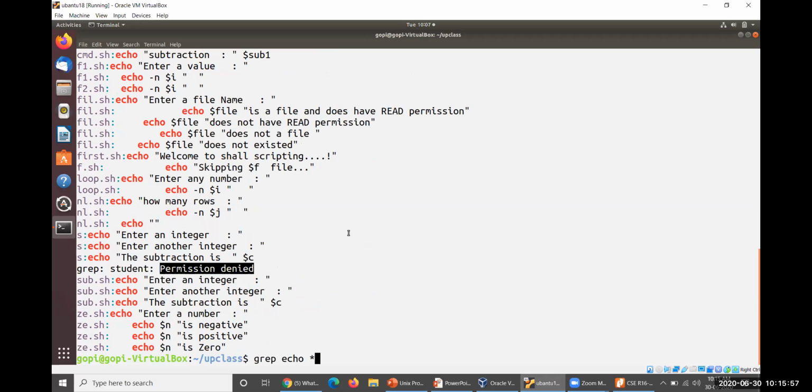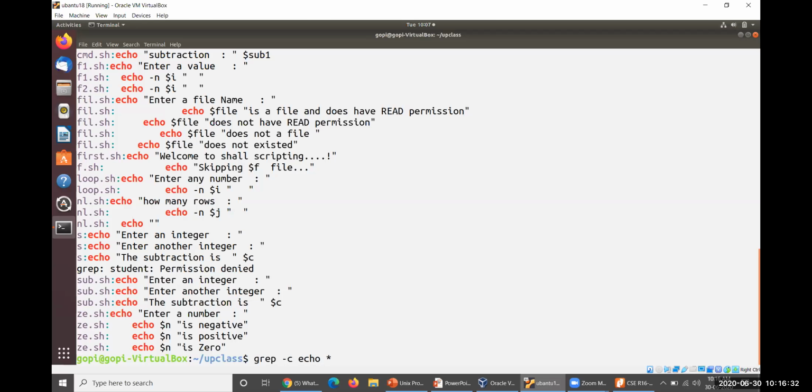So observe this particular command. Star is one particular anchor character, otherwise a meta character. It displays the complete list of files within the current working directory, or present working directory. Thereby I am searching whether ECHO exists or not. If I want to specify how many times this particular ECHO is available here,